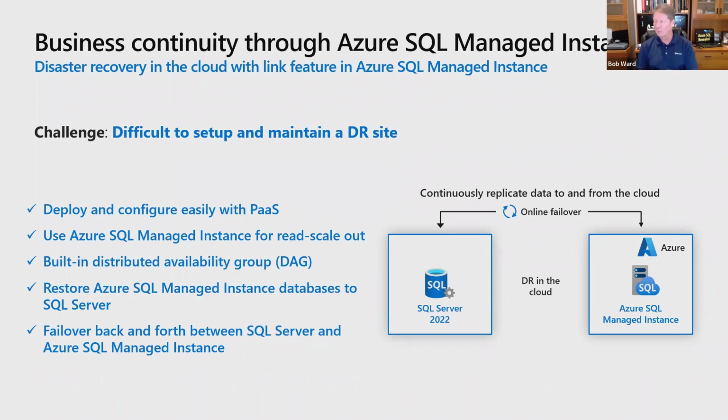And you might think to yourself, why am I calling it managed? Well, think about this. If managed instance is deployed in Azure, Microsoft is backing it up. We own the SLA for the infrastructure and the instance. We do automatic high availability. Everything is there so that, again, when the DR site's available or when you need it, it's just available and ready to go. So you don't have to worry so much about the fact that it's not there when a disaster may strike. So that's Link for managed instance.